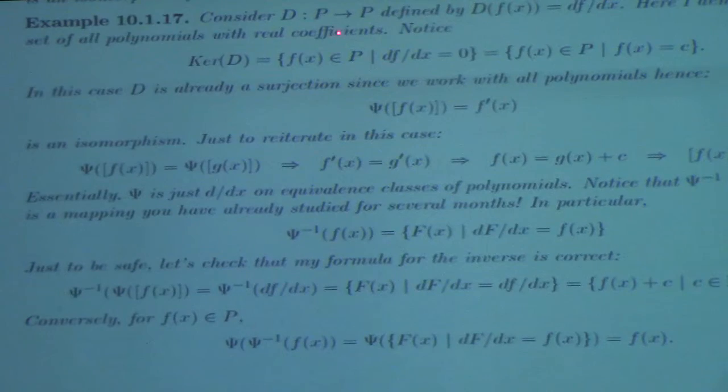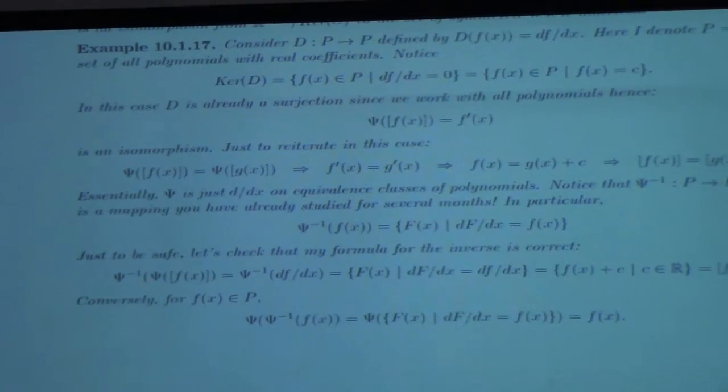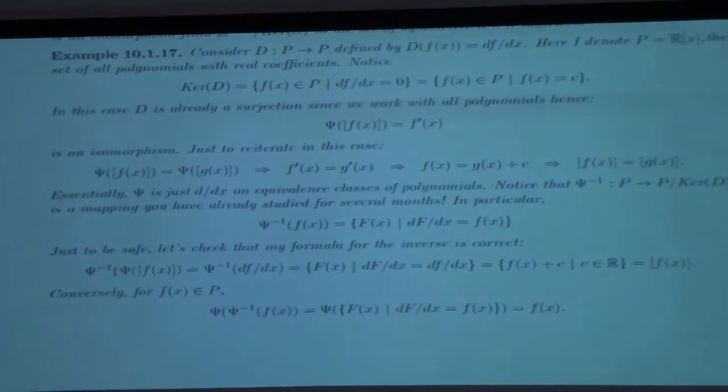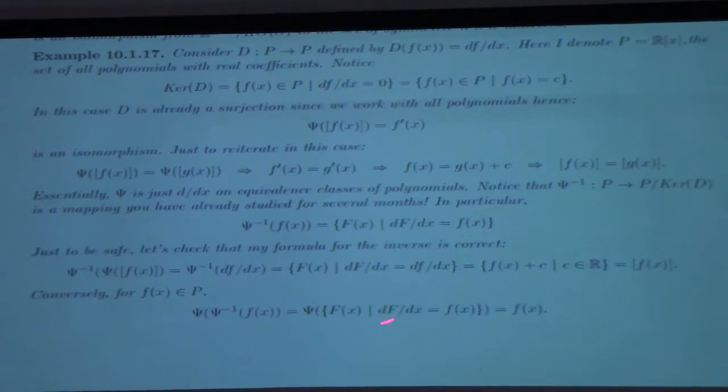Okay. So this is a differentiation operator, right? Here I've said it's for polynomials with real coefficients, but in fact, this calculation just makes sense. You can replace the word polynomial with smooth function, and you'd be fine. You can define the derivative from a smooth function to a smooth function by differentiation. And what's the kernel of the differentiation operator? Well, the kernel of the differentiation operator is just the constant functions, right? So if you take the smooth functions